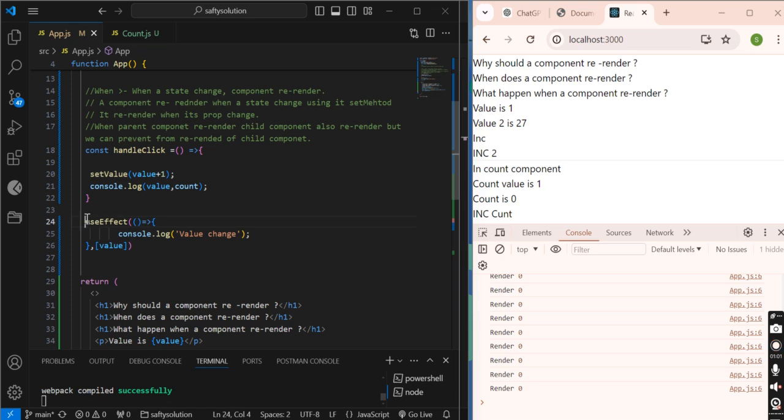Then if there is a useEffect, it will compare whether its dependency has changed or not. If the dependency has changed, it will call this method, otherwise it will not call that method.